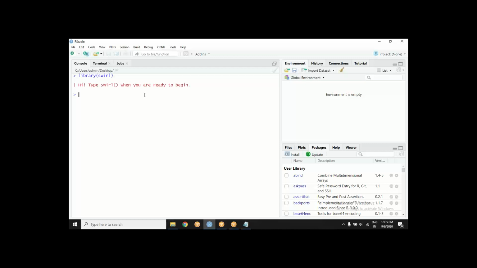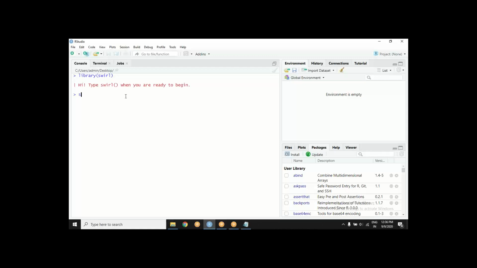Those who are on the same page as me, then it is all good. Anupam, maybe you can read out the error. What is the error it is throwing?